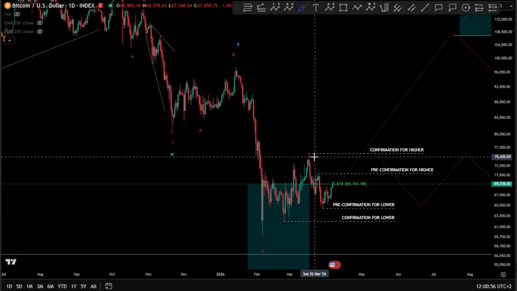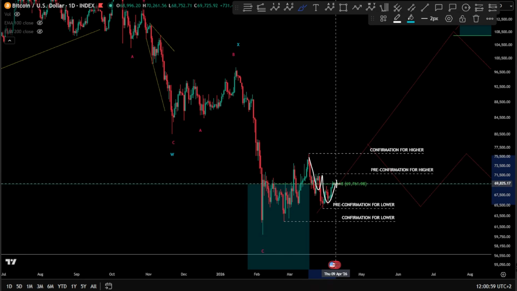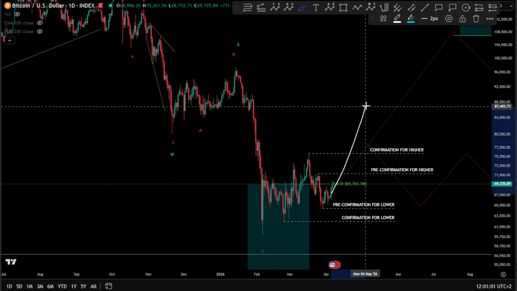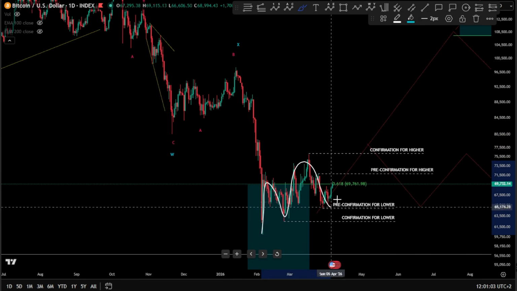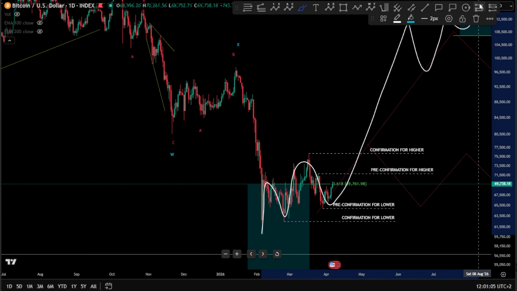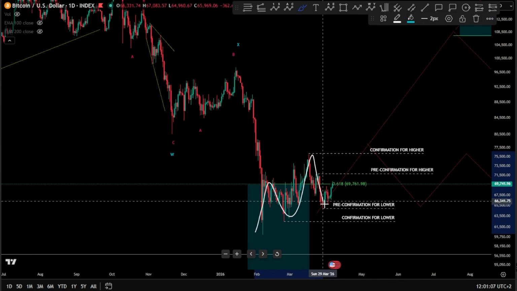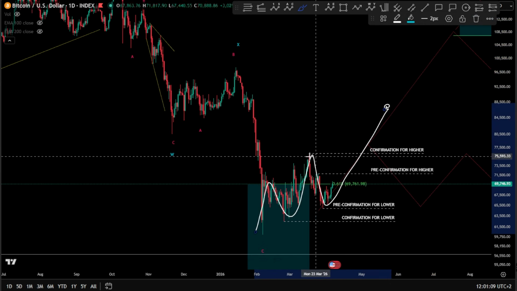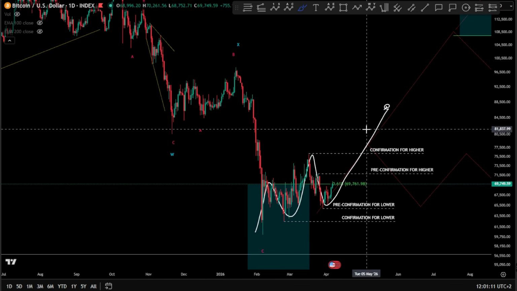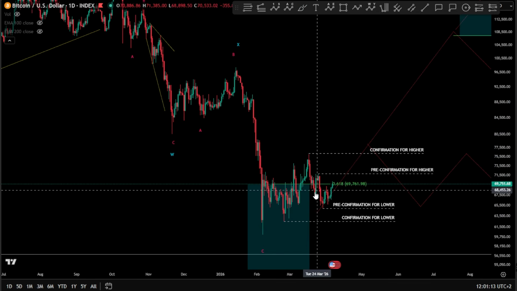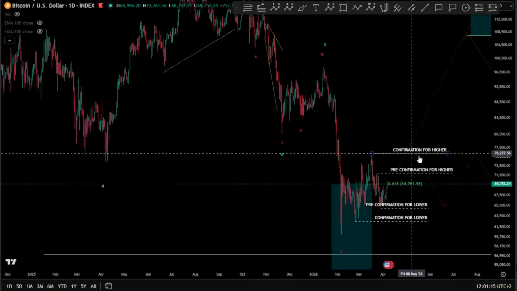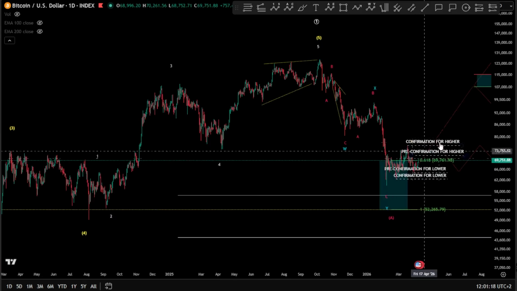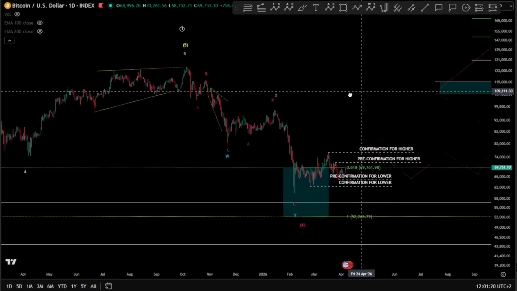By taking it, you invalidate any 1-2 scenario here, and it means simply you push for higher, whether in 1-2-1-2, wave 3, 4-5, 4-5, or we are in an A, B, and a C. So even this can be confirmation for higher again. So yeah, this is regarding this area. It's very, very tricky, I would say.